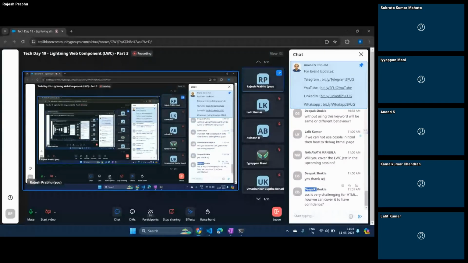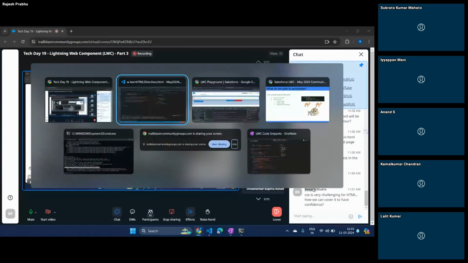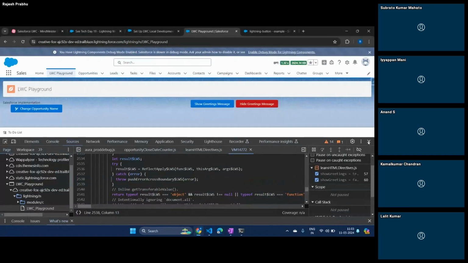Otherwise, in Salesforce, what I would recommend is, remember we talked about Salesforce owning the CSS framework. Yeah. So it should be somewhere here. SLDS. This is the guy, right? Oh, I didn't bookmark it. Anyways,